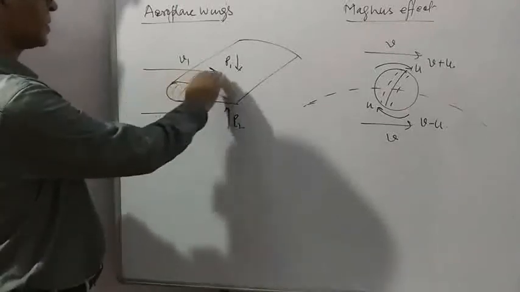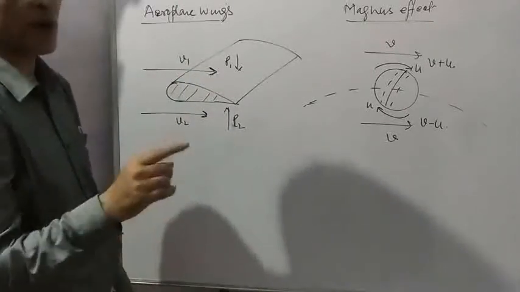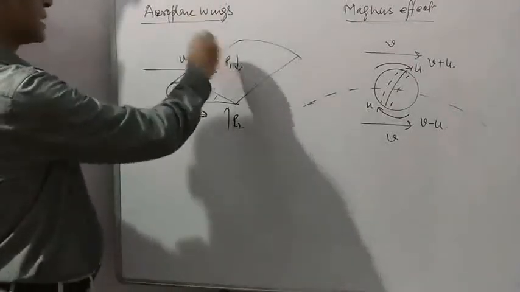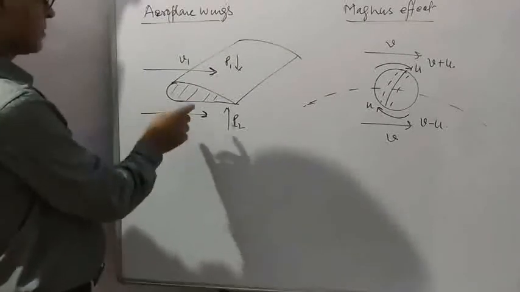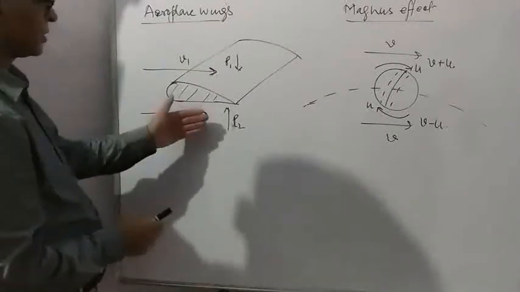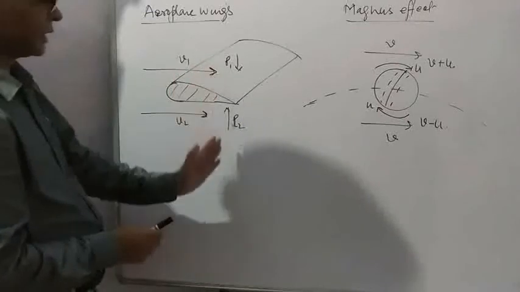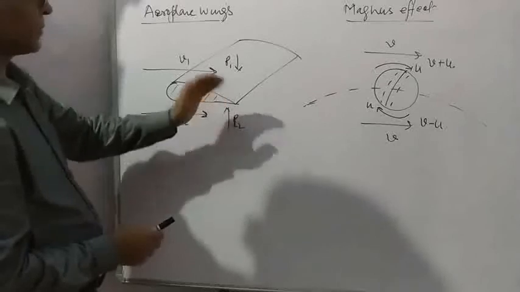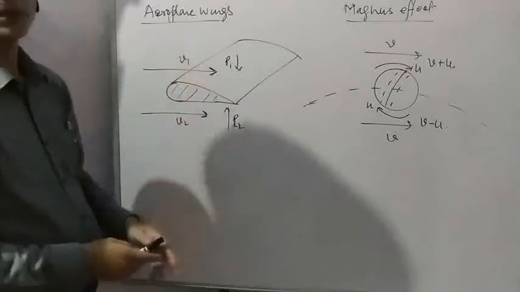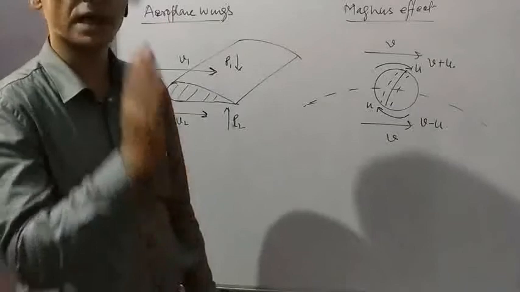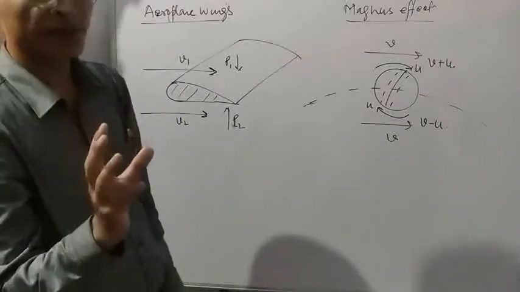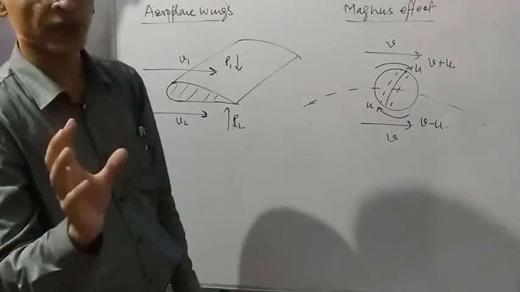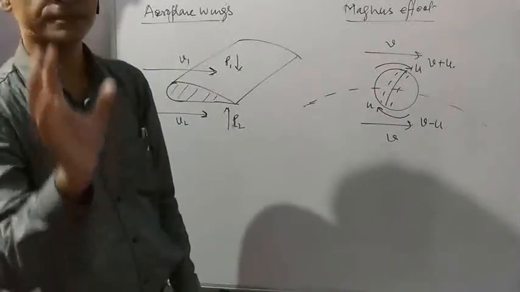And if speed is more, according to Bernoulli's theorem, P plus half rho V square is equal to constant, so pressure will be less. So the upside pressure is less. By the same logic, below the speed is less, so pressure is high. High pressure upwards, low pressure downwards. So a pressure difference is created, and the direction of this pressure difference is upwards. This pressure difference gives a thrust, and because of that force, the plane lifts.